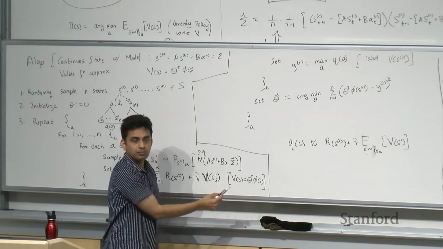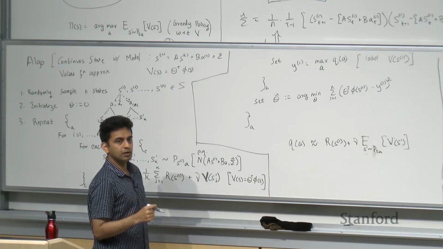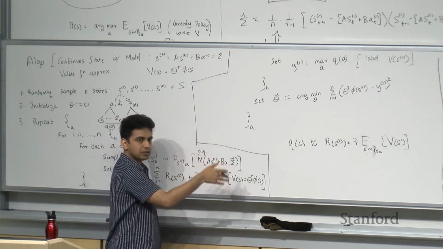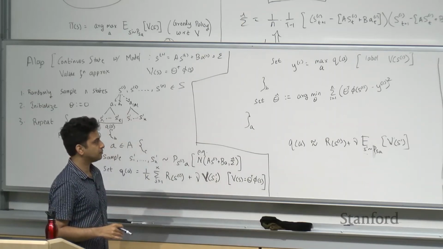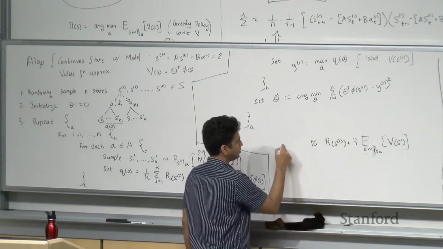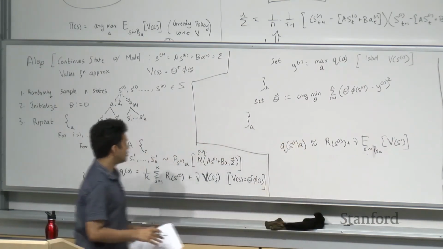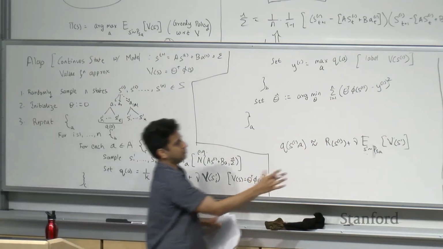Yes? So Q of A is the expected long-term value for taking action A from this state. So shouldn't Q be S comma A? Yeah, so you can think of it as Q of S comma A. That's fine too. So yeah, Q of S prime, right? That's fine. So right, so this Q is an approximation of